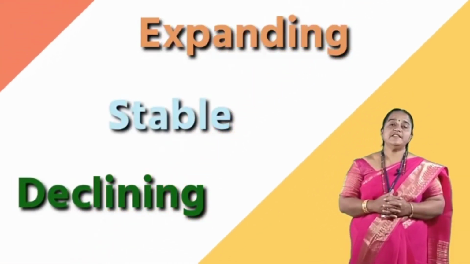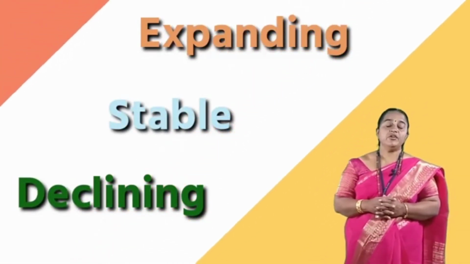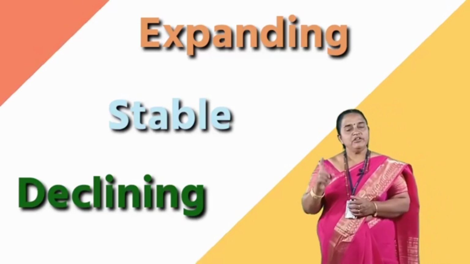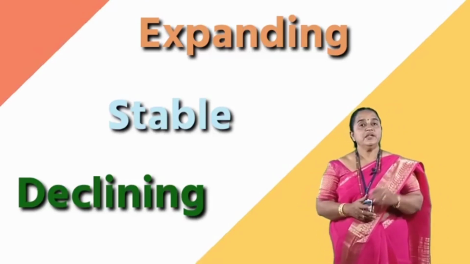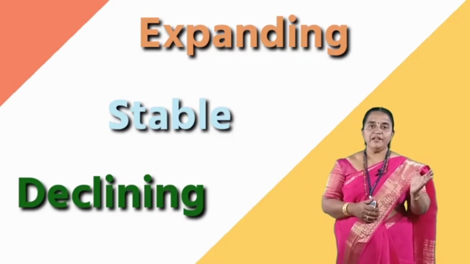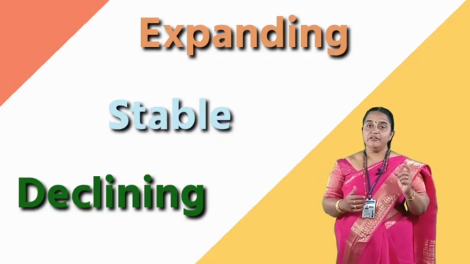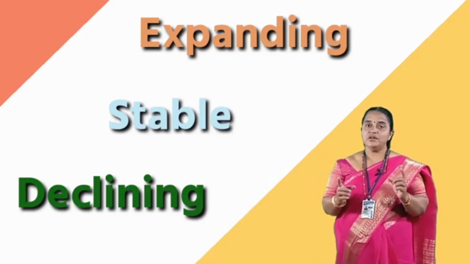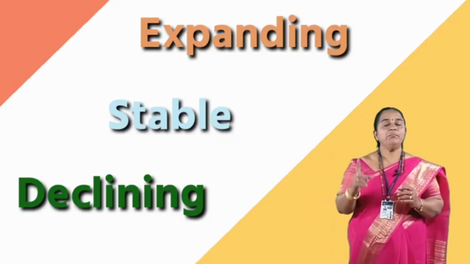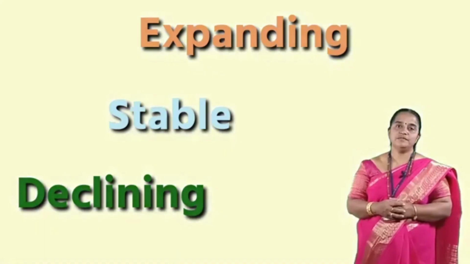In an expanding population, and even in a declining population, we need to find out the sex ratio. It refers to the number of males to the number of females. If this ratio is not in proper coordination, it will have an impact on population growth. Thus, in the next session, when we study population growth models, we need to remember all these attributes.